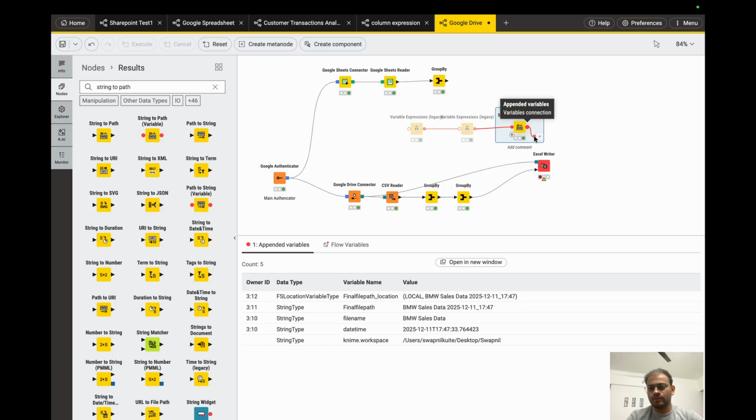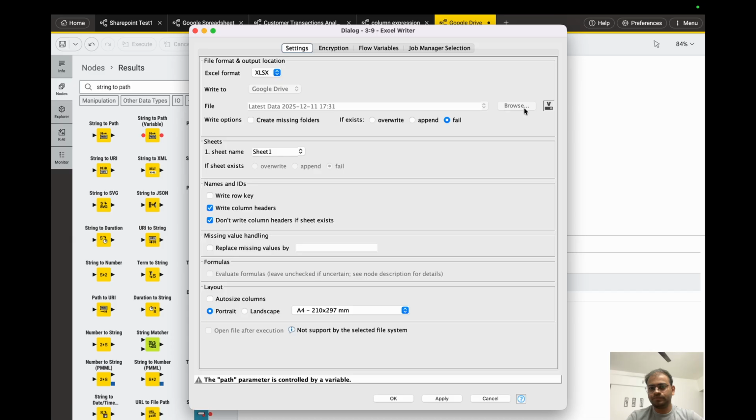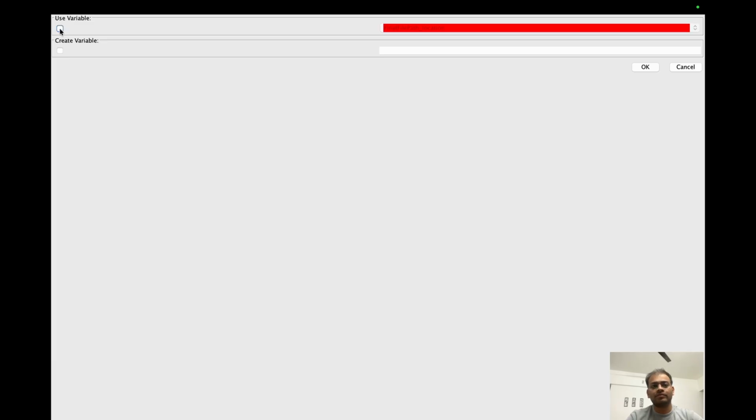You have to just drag this and place it over the top. If you click on settings, click on variable and tick this, otherwise it will not select. So use this because we have to use that variable, final file path. Okay, so if I click on OK,